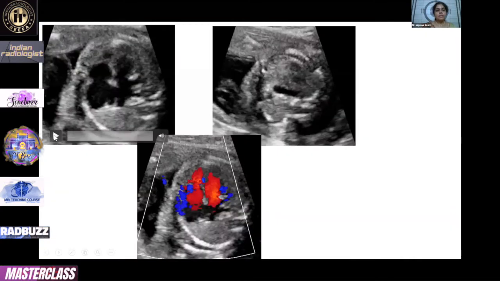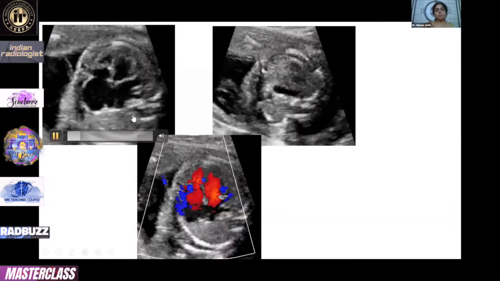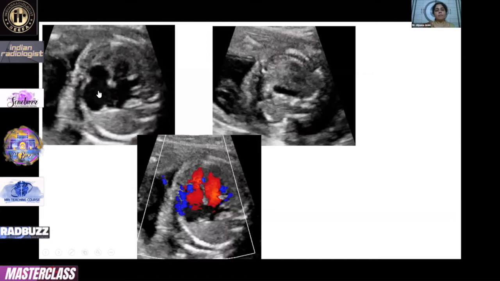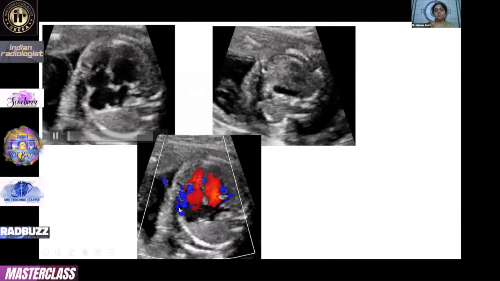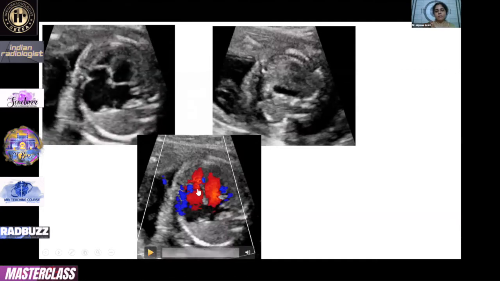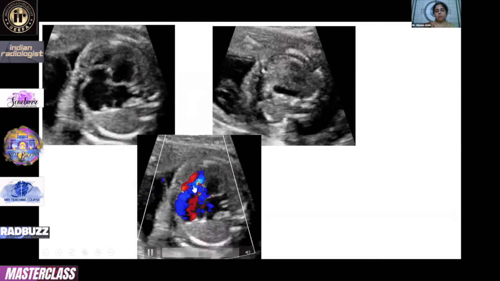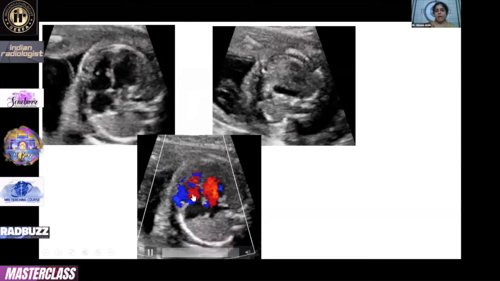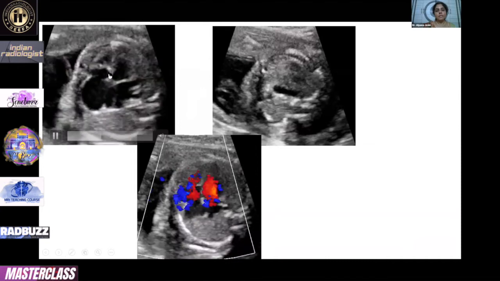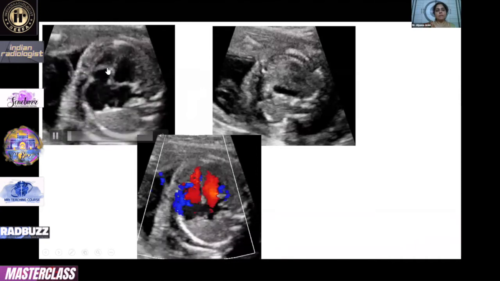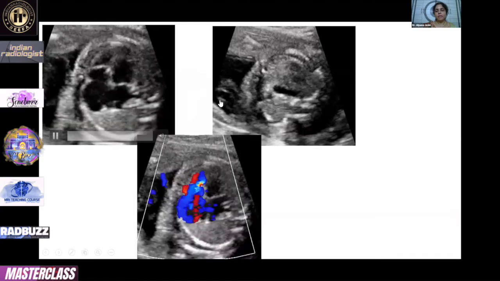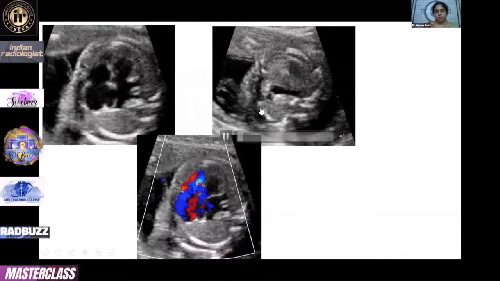If you see this, a four-chamber view may not really look so abnormal, except that probably the right atrium is more prominent. But if you look at the color Doppler, you see that there is an abnormal color flow, there is aliasing, and if you concentrate on this structure in your grayscale imaging also, you can make out that there is apical displacement of the septal leaflet. And if you look at the outflow tracts,